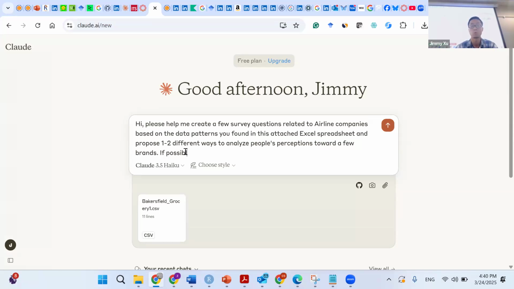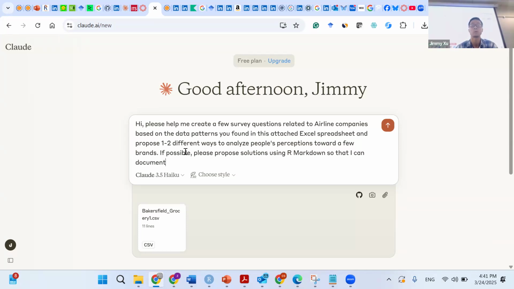If possible, please propose solutions using R Markdown so that I can document my analysis for me to use in the future.